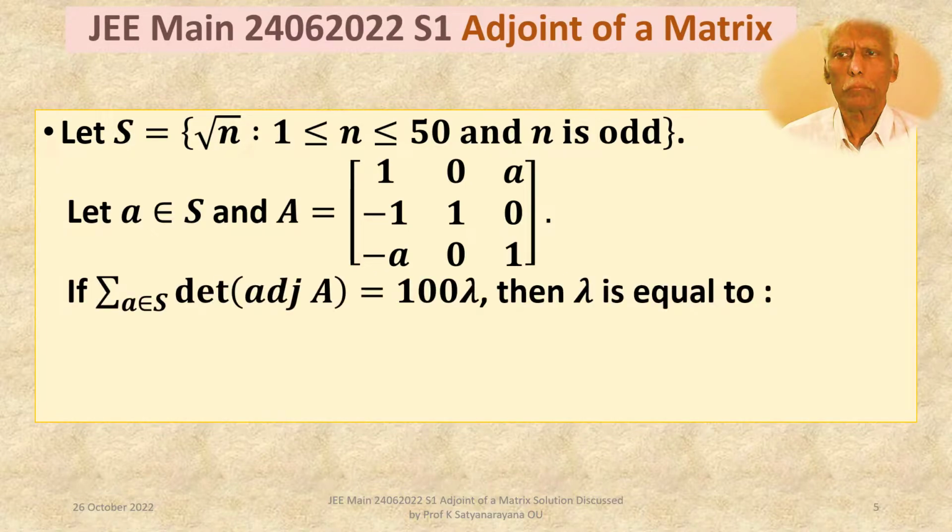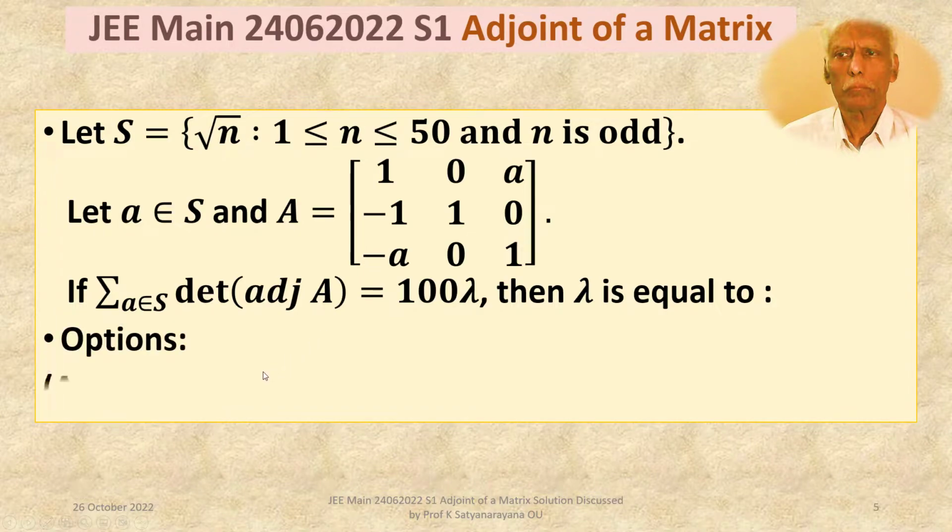If the sum over a belonging to S of the determinant of adjoint of A is equal to 100 times lambda, then lambda is equal to,